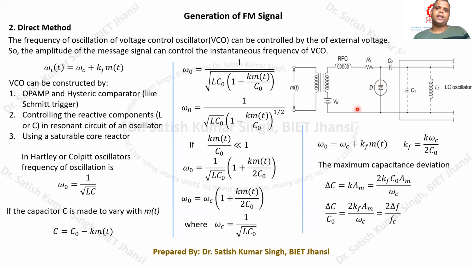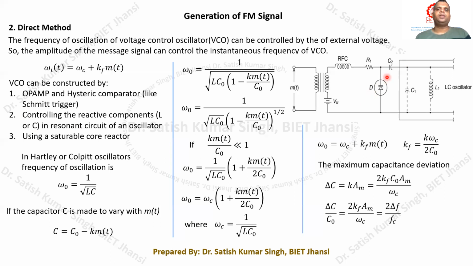So we have the varactor diode, which is especially designed to have a capacitance value that changes almost linearly with the applied reverse bias. The varactor diodes available practically can be designed to give values varying from 0.1 to 2000 picofarads. Such varactor diodes are available, so a large variation in the diode capacitance can be obtained.